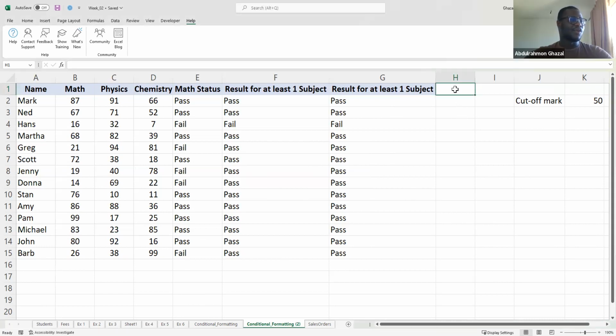So this is doing it for 1 subject, and now we can do it for 3, so more than 1. As we did for the OR statements, where we used IF, in this case you can't use the OR because you must use the condition that applies to all. And we can't use the IFS either, because the IFS considers a situation whereby once one of them is true, it sees it as everything is fine. So in a situation where individuals must have passed all 3 subjects,